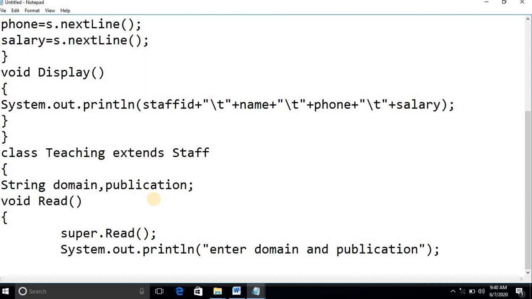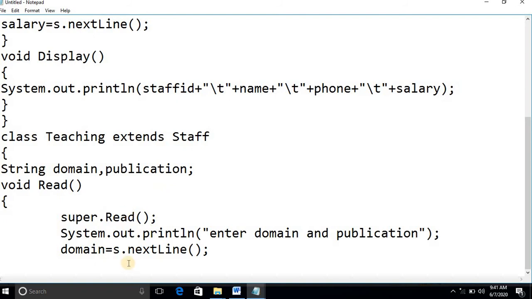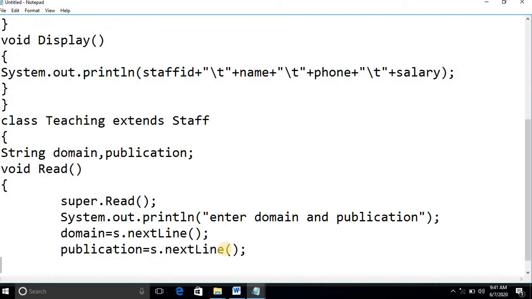Domain is equal to s.nextLine, and publication is equal to s.nextLine. That's all. Read method of teaching staff.